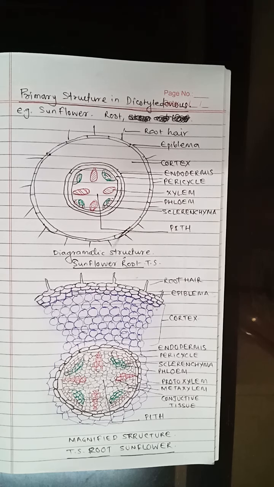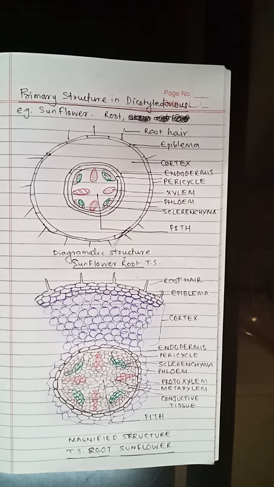In sunflower we have to study the internal structure of root, stem, leaf, and in monocot we have to study the internal structure of, again, root, stem and leaf. Then secondary structure of moringa. Then the anomalous secondary structure in boerhavia, dicot stem, and dracaena, monocot stem, and again the anomalous secondary growth in root, that is beetroot.